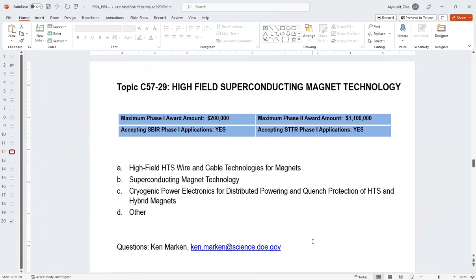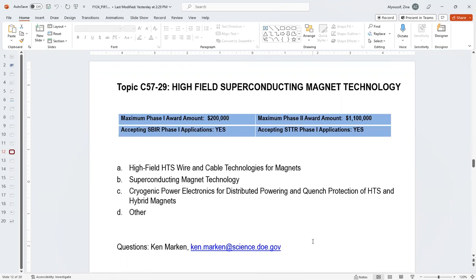A separate piece of this is that most superconducting magnets that we use, including our accelerator magnets, have built-in sensors for temperature, strain, and in some cases, acoustic information. So there is a forefront topic at this time in cold electronics that enables data acquisition and processing in the cryogenic environment. Innovations in this area are part of this subtopic. We would expect a phase 2 effort to result in a working demonstration magnet on a scale appropriate to the budget for an SBIR or STTR project that shows the advantages of the innovation proposed.